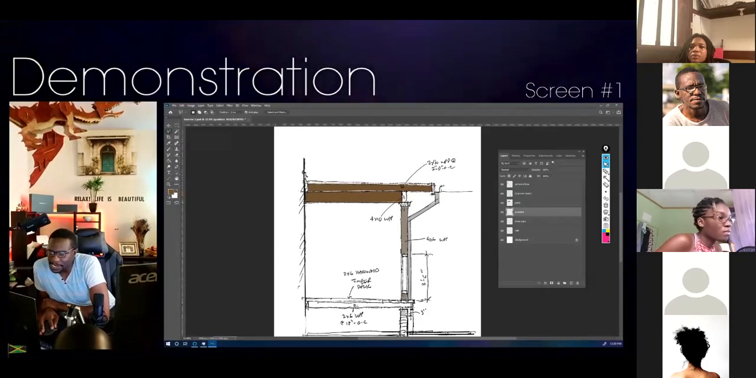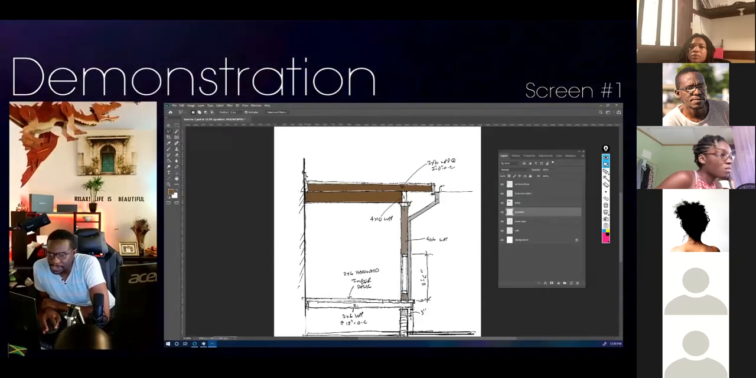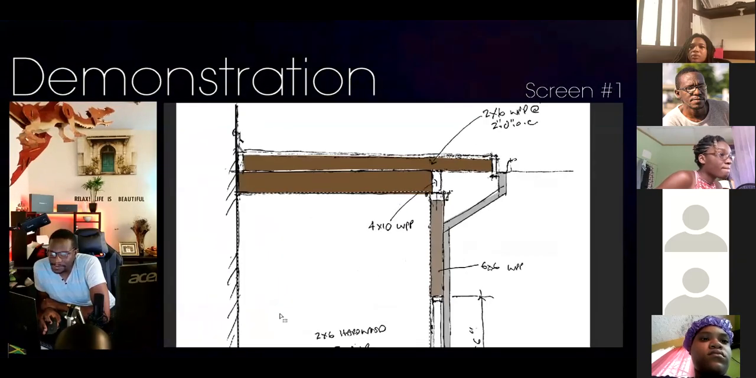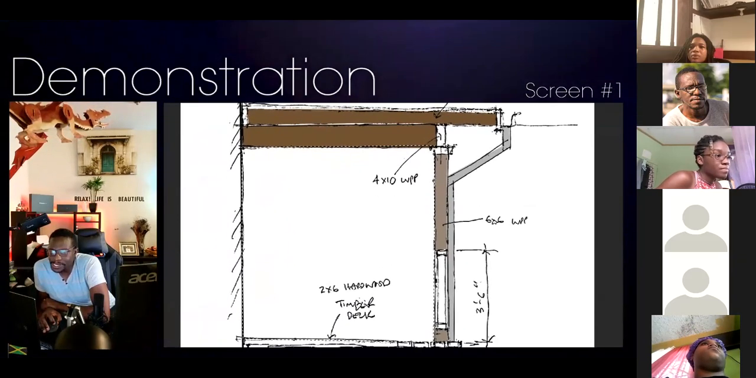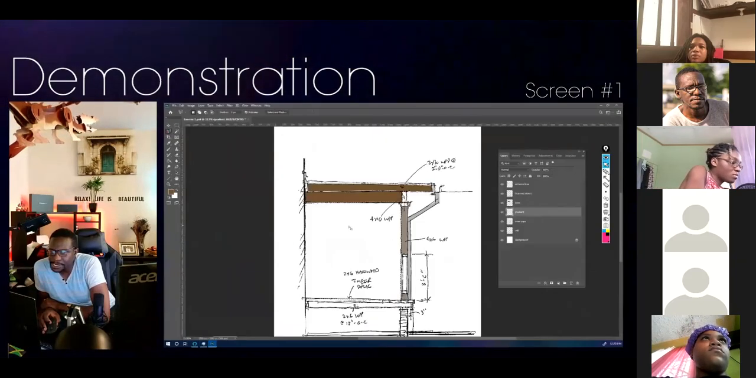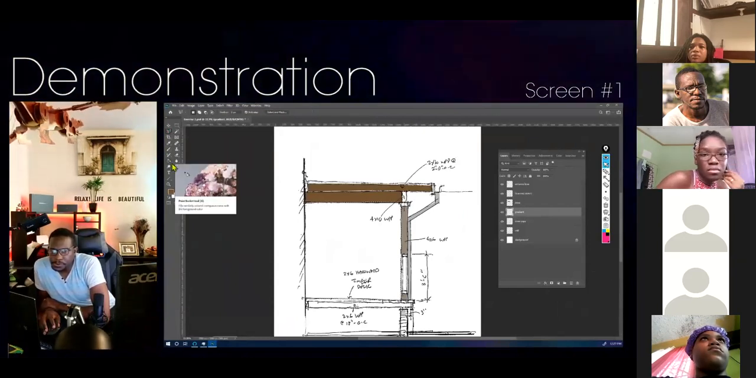I'm going to highlight the inside of the building using the polygonal select tool. So you can see the inside of the building is highlighted. You can see the marching ants there doing their thing, right? And I am going to go now to